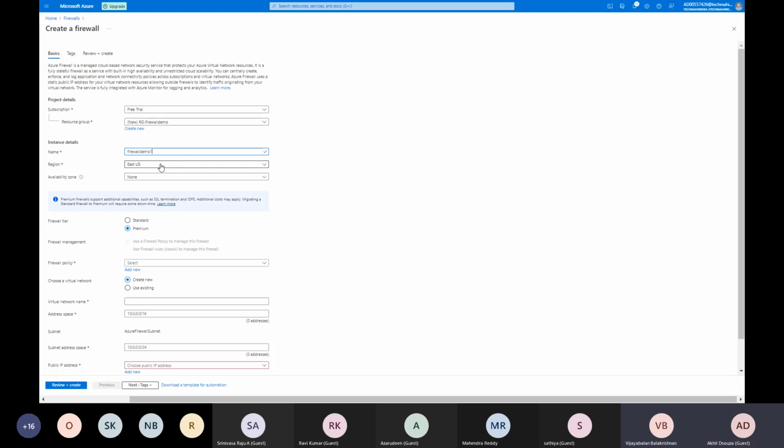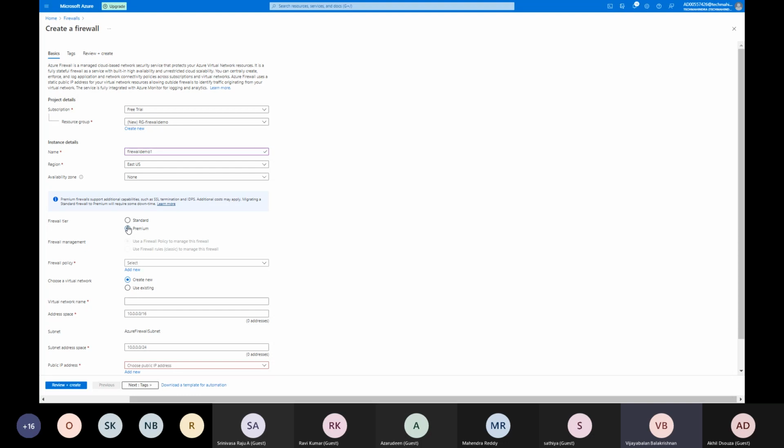Now I'll choose East US as the region. Availability zone, so you are making it a redundancy. If everyone understands the redundancy part, you can proceed without the availability zone also. Here, I didn't understand the difference between standard and premium. Microsoft has some kind of offering limitation.